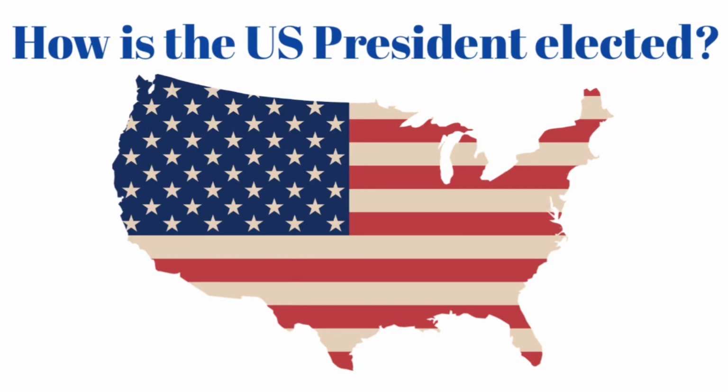Today we are going to discuss the United States presidential electoral system. The US presidential election stands as a cornerstone of American democracy, embodying the nation's commitment to representative governance and civic participation. Held every 4 years, this electoral process determines the leader of the free world, shaping both domestic policies and international relations. Understanding its intricacies requires delving into the historical context, electoral mechanisms, campaign strategies, and broader implications for governance